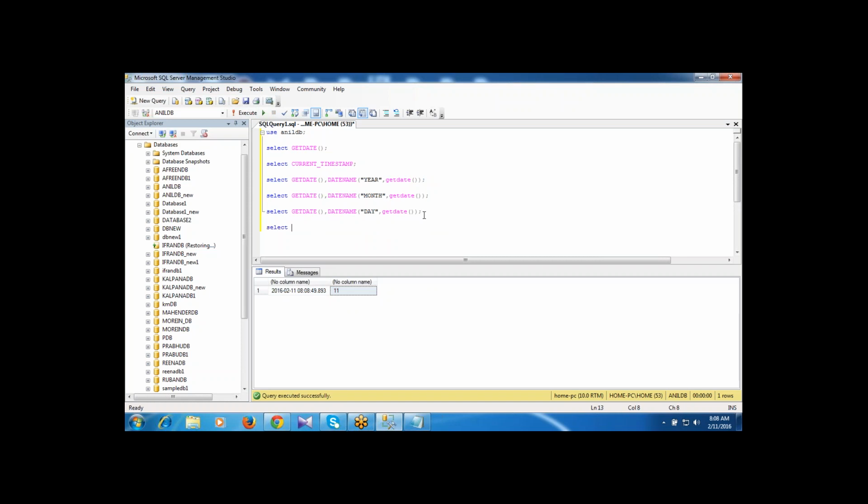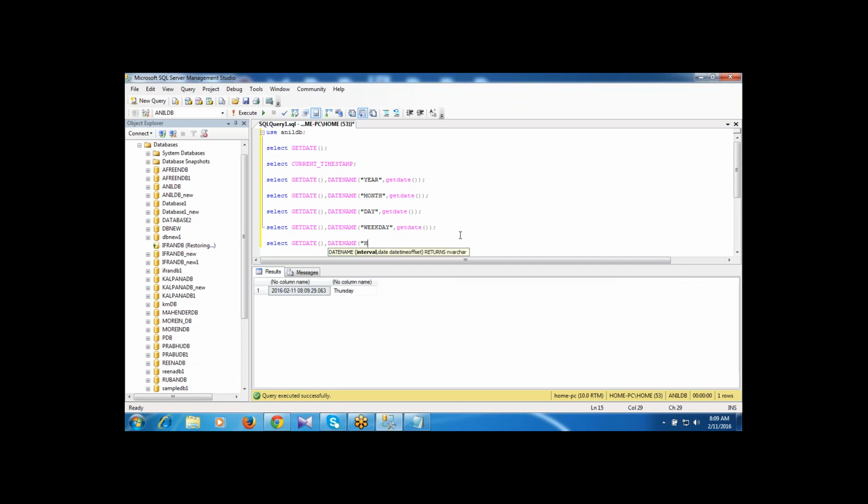I want to display the weekday. Then here I'm writing weekday. Today is Thursday, right? It's showing the weekday value, Thursday. So here I want to display the number of hours, minutes.